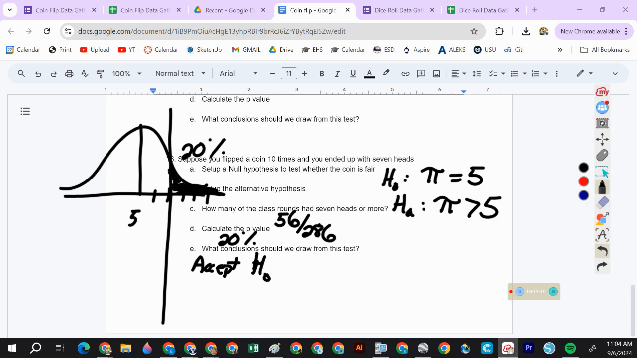Okay? Make sense? But basically that means keep the coin, don't throw it away. All right, that one is